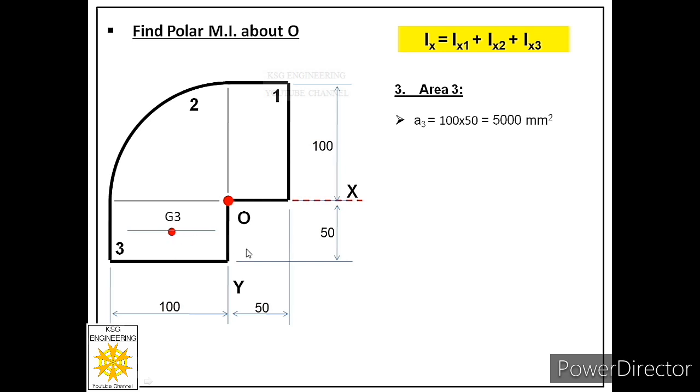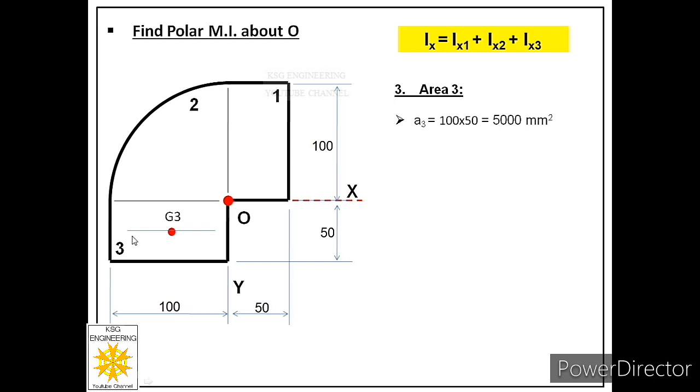Now over here one observation we have to make, that we have considered this as base. So G3 or area 3 is lying below that base. So this distance, which is the distance between the centroidal axis of area 3 and the main axis, that is H3, will be negative. You can consider that as negative but that sign will play no role because we know when we apply parallel axis theorem, we take the square of that value.